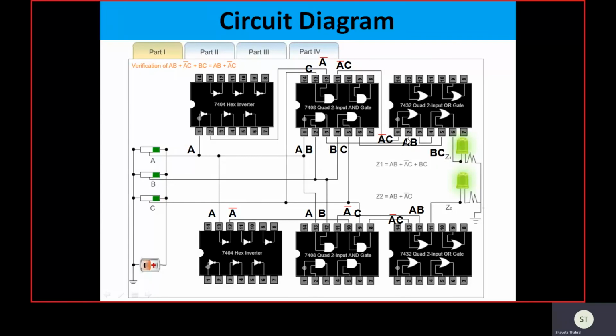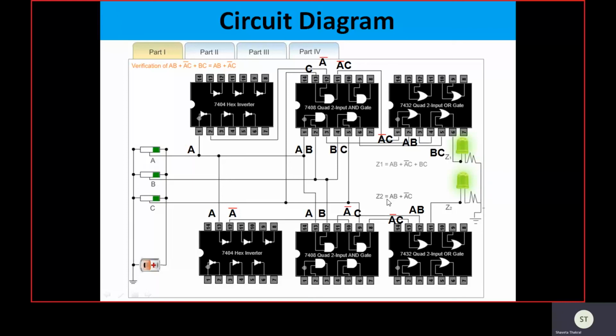So the term generated here will be AB, and here we are giving the input as A complement and C, so we are getting A complement C. A complement C is coming here, AB is coming here, so here we are getting the summation of these two. Then B is given as input to this IC, C is given as input to this IC, and here we are getting BC. So this is taking the summation of AB plus A complement C and BC at pin number 6, that is represented as Z1, the output of the original Boolean expression.